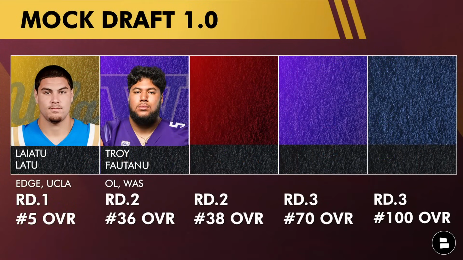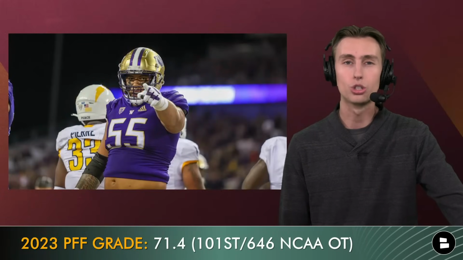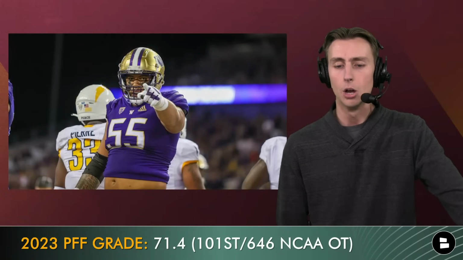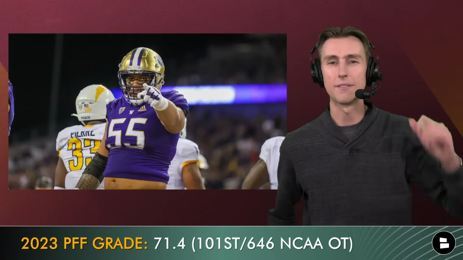Now we get into the second round here, and I would love for the Commanders to draft Troy Fautanu, offensive lineman for the Washington Huskies. He spent the first 3 years of his collegiate career playing as a guard, and he's one of the best guards in the country, but this year he's playing at tackle, and he is doing a really good job there as well, currently grading at a 71.4, which is 101st out of 646